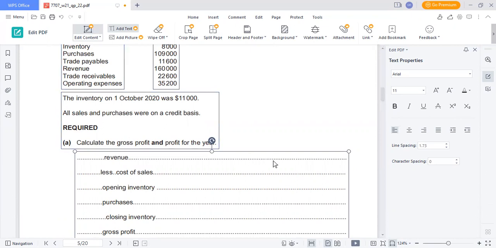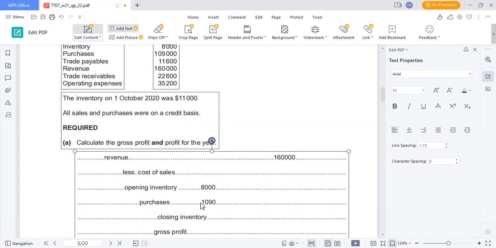We have revenue of 160,000. We have opening inventory of 8,000. We have purchases of 109,000. We have closing inventory of